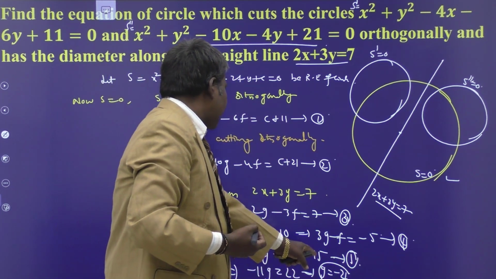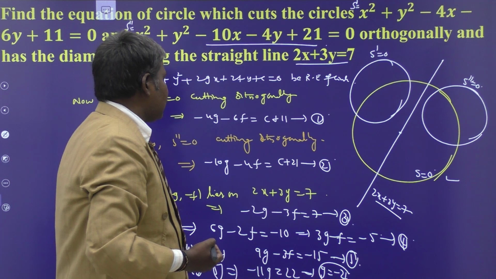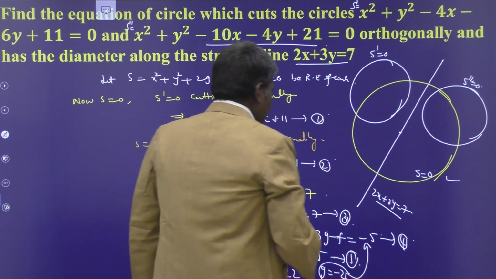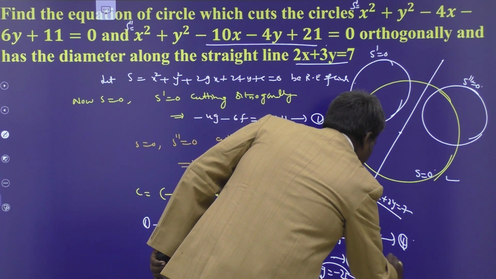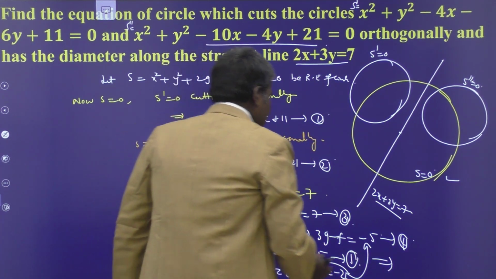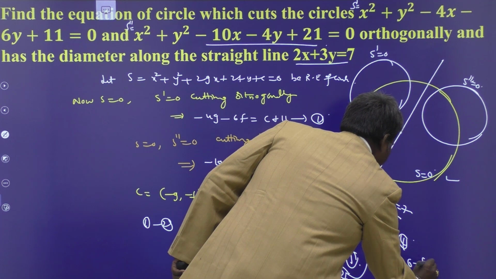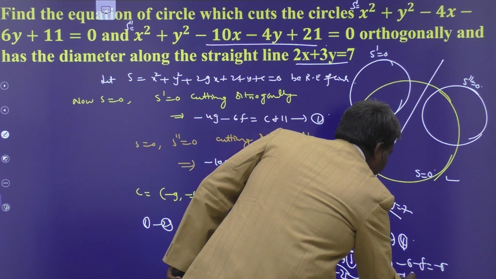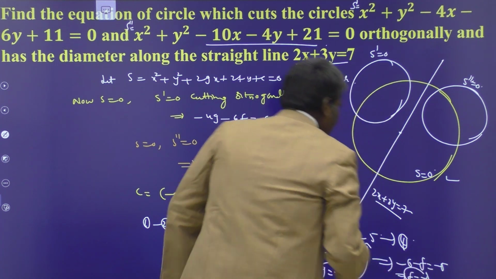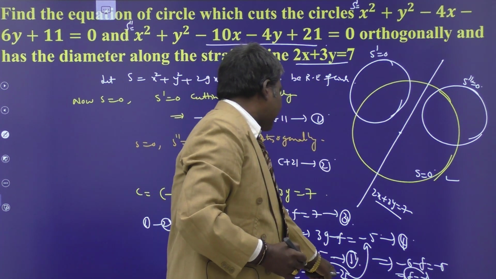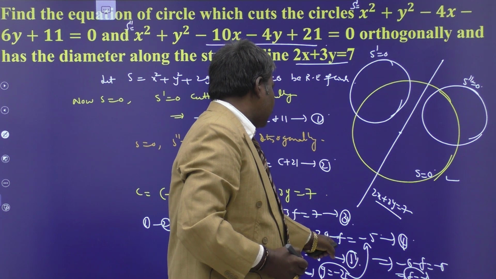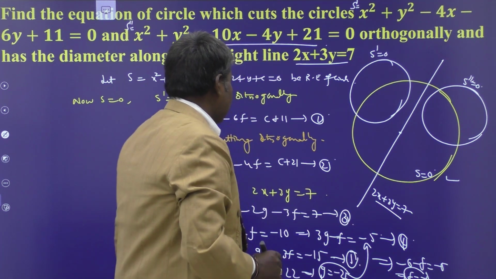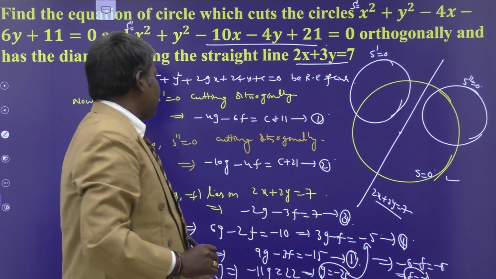Substitute g equal to minus 2 in any equation having g, f, here itself. Substitute g equal to minus 2 in the fourth equation itself. What do we obtain? Minus 6 minus f is equal to minus 5. So f is equal to minus 1. Am I correct or not? g equal to minus 2, this is minus 2 into 3, minus 6. Minus f is equal to minus 5, so f is equal to minus 1. g is minus 2, f is minus 1.